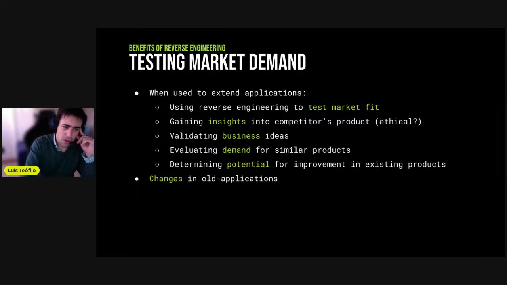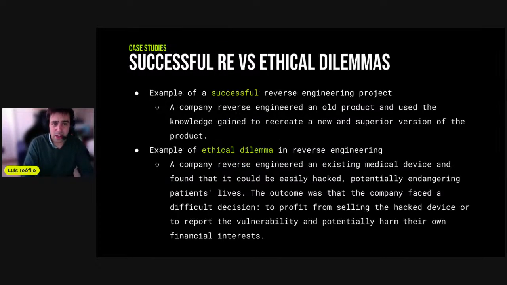This can also be good for changes in old applications. So there are applications that are already abandoned, so we don't have access to the source code anymore. So they are really old, and there are actually